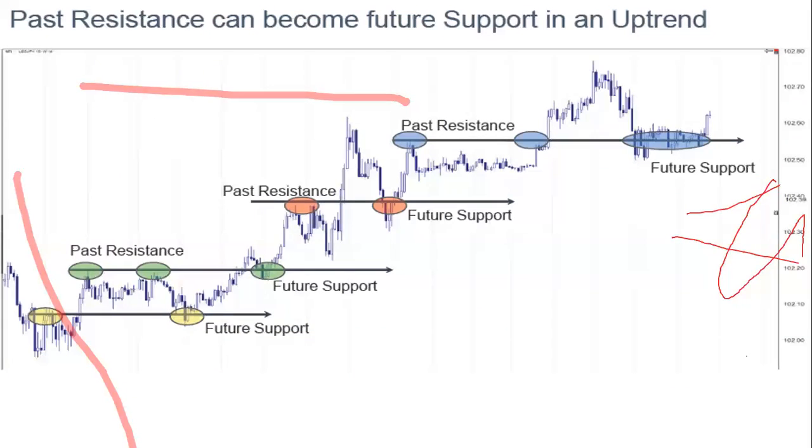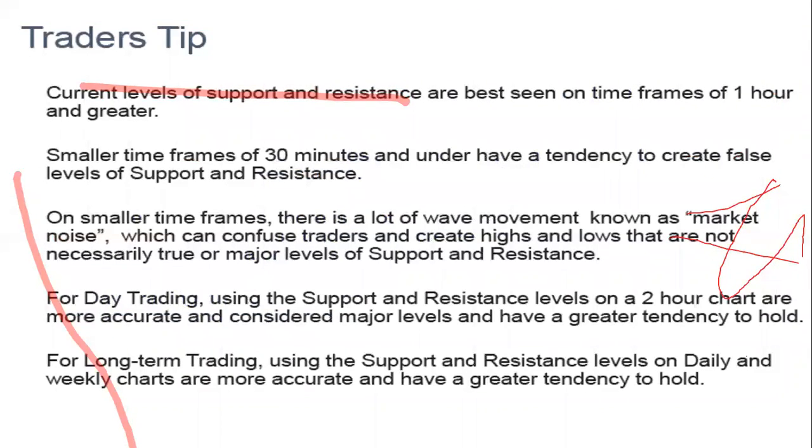Past resistance can become future support in an uptrend. Likewise, in the bearish trend too. There's no support that is not a resistance somewhere, somehow before, and where it was a resistance, it's possible for it to become future support. Or in the case we have A, B, C, it may not come back there, but here it breaks out, it retests. So it's possible for former resistance to become future support. That is the essence of you looking for history, because history always repeats itself. So let's take this as a tip.